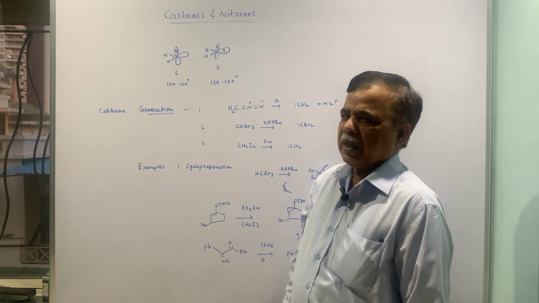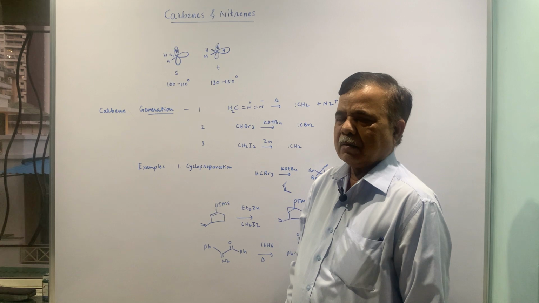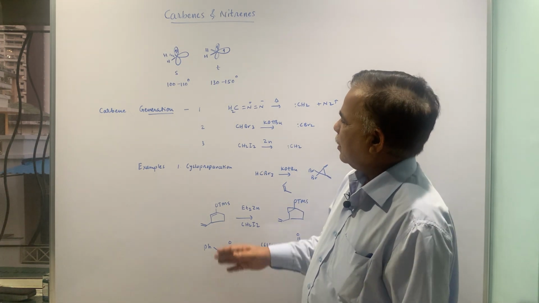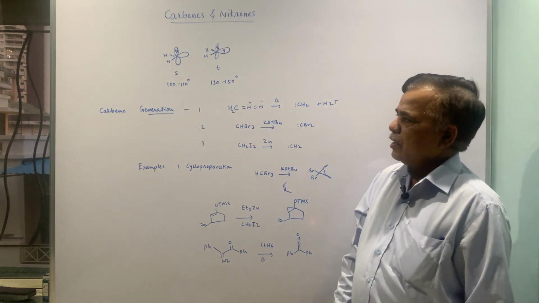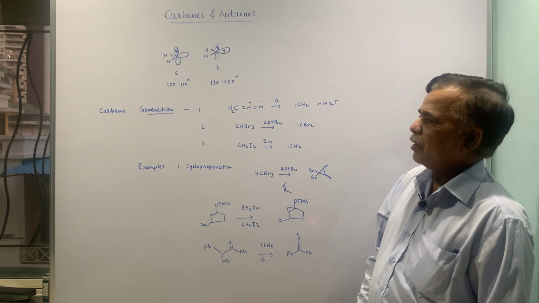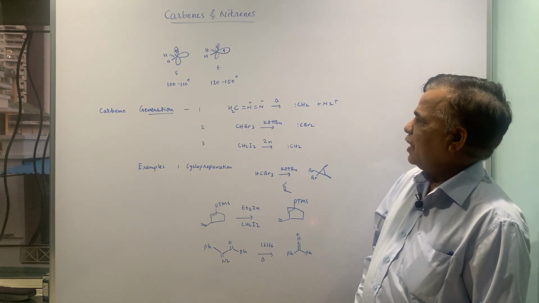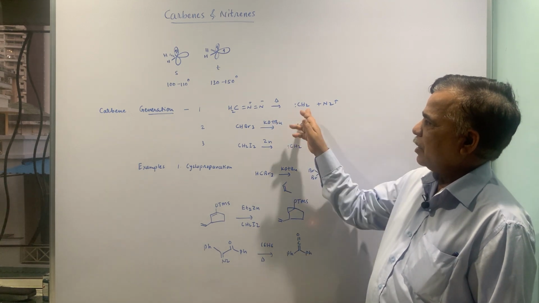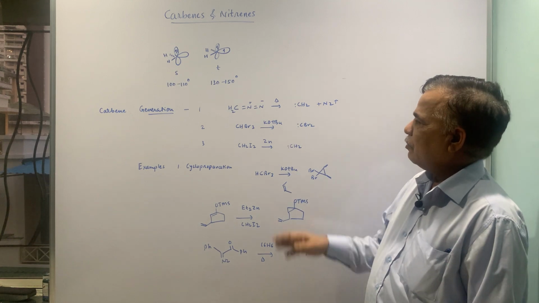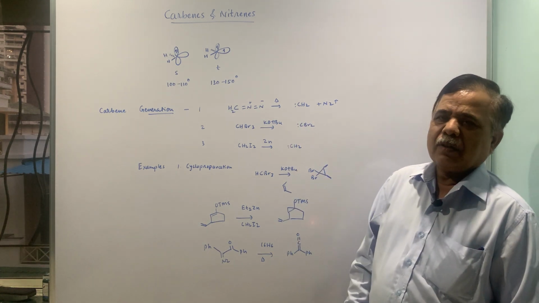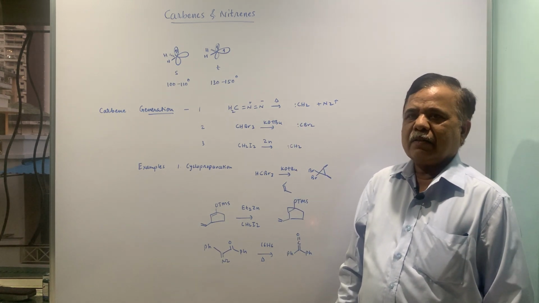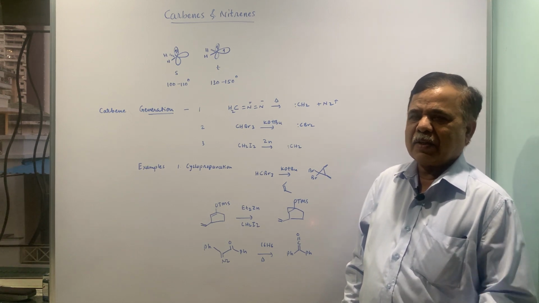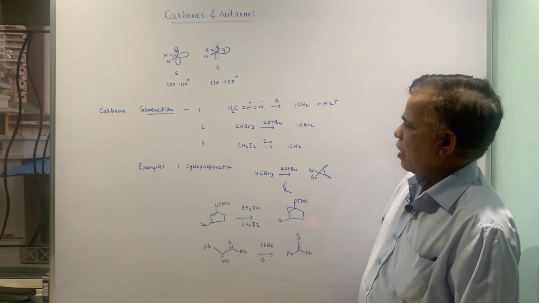The principal method of preparing the carbenes, or method of generation you can say, is first, when diazomethane is heated, it will release nitrogen and you get carbene. Now this is carbon which is having 6 valence electrons. The octet is incomplete and that's why it is highly reactive.